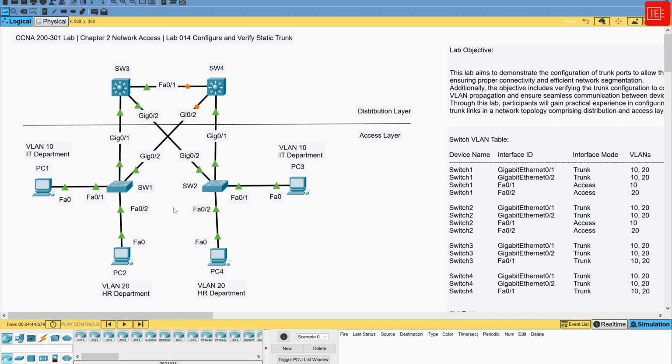Whereas ISL is a Cisco proprietary protocol for trunking, and it encapsulates the entire Ethernet frame with an additional header and trailer, adding more overhead compared to .1q. ISL tags are inserted into the Ethernet frame, encapsulating the entire frame. And currently, it is less commonly used in today's networks and is mostly found in older Cisco equipment. Finally, just to let you know, the ISL method adds 26 bytes of overhead to each frame for the